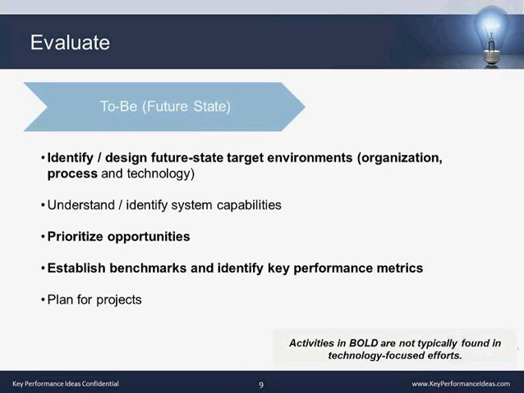You're looking at your system capabilities and identifying what can and can't be done, and then looking again back to those opportunities you developed as you're looking at your current state, and you're prioritizing those. Now that you know what the future environment should look like, what's going to get you the most bang for the buck? What order should you go in? What is the most critical, fundamental piece in order to be successful? And that should be first.